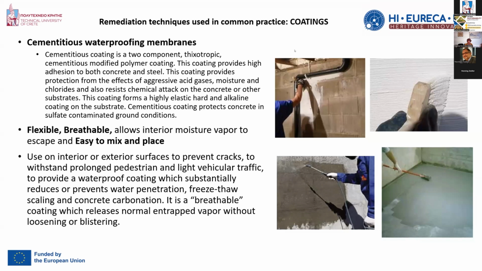Therefore, it is well known that in order to protect concrete, even modern concrete, a lot of coatings were proposed, and those coatings are cementitious waterproofing membranes, can be of two components. This means that we have a thixotropic material in a cementitious modifying polymer coating, and this coating is applied on the surface of concrete and therefore prevents from the aggressive effect of acid gas, moisture, chlorides, and resist to chemical